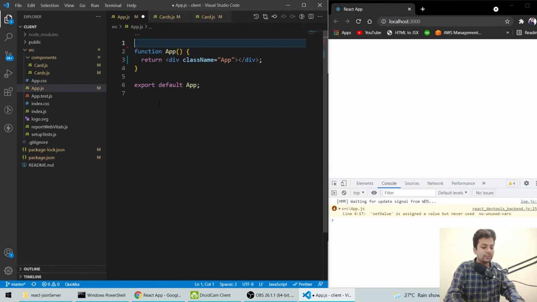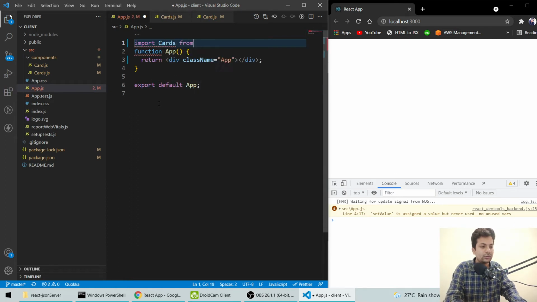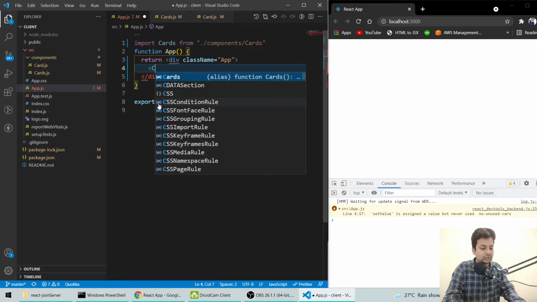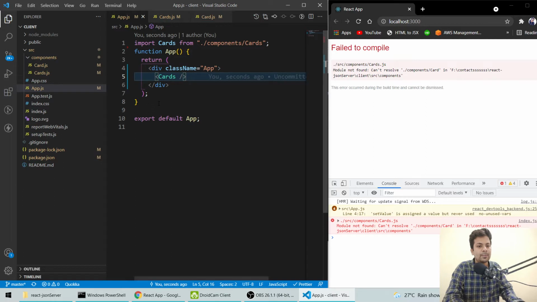Now we'll say import cards from /components/cards, and here we'll just write the cards. If I save it, it shows an error, cards from cards.